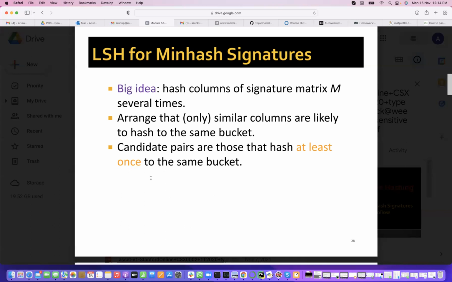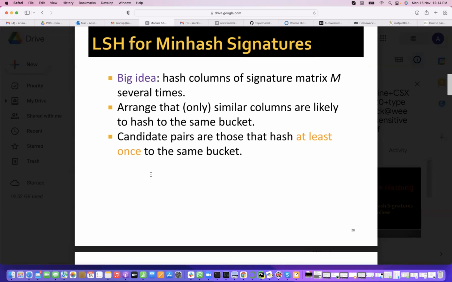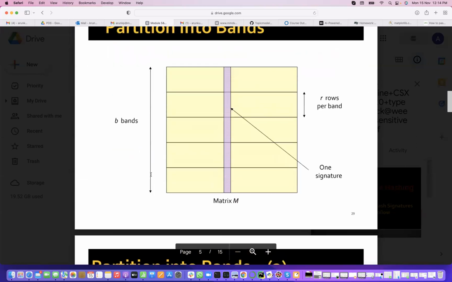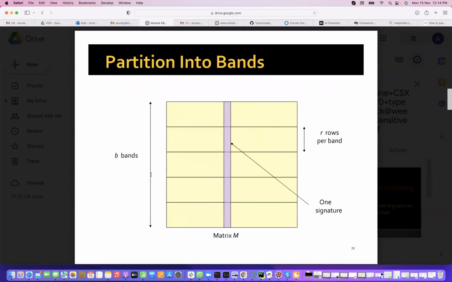Okay, so now we do it. We know that they are not the same signatures. If you take the hash function on the total signature, you may not get them into the same hash bucket. So now we need only T rows to be the same, so we will always select only T rows, something like that. Even if once they fall into the same hash bucket, it means at least T times they are the same. That is the idea which they are using.